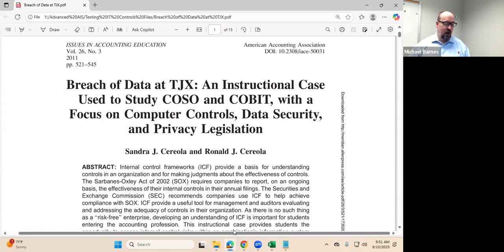All right, so here we go. Let's go ahead and talk a little bit about each of these. So let's start with COSO, and I think COSO is kind of the low-hanging fruit. Now, I'm going to approach COSO in a couple different ways, okay? I'm going to approach it in general, and then we're going to talk specifically about the IT environment, because keep